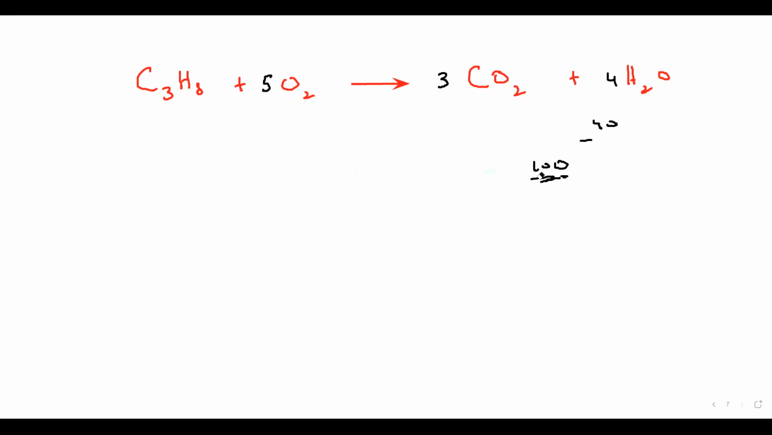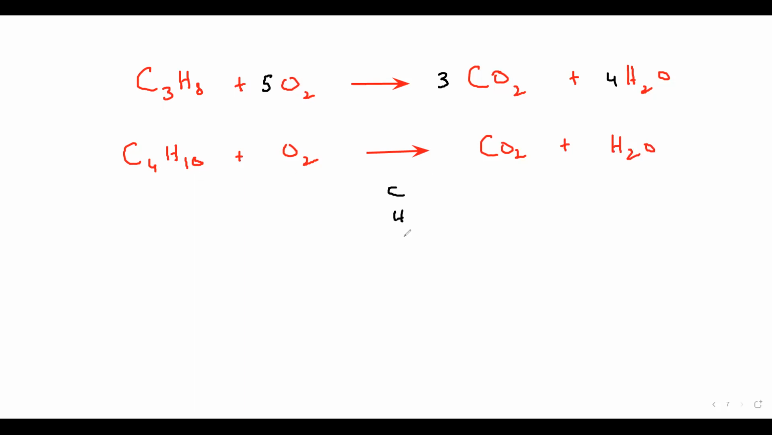But what if the equation was the other way around, like another compound was there, say we have C4H10 reacted with oxygen O2. It gives carbon dioxide CO2 plus water H2O. Now for balancing, 4 carbon, so we need 4 because we start with carbon followed by hydrogen